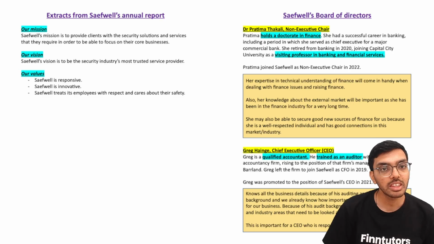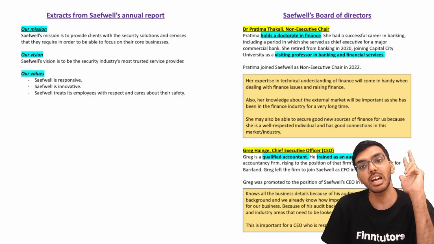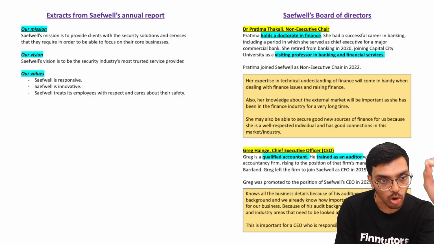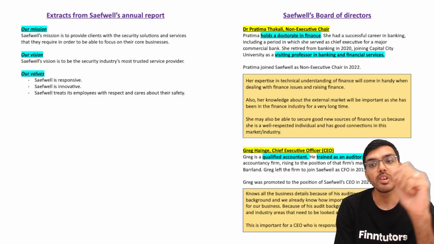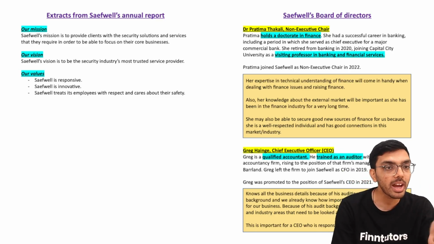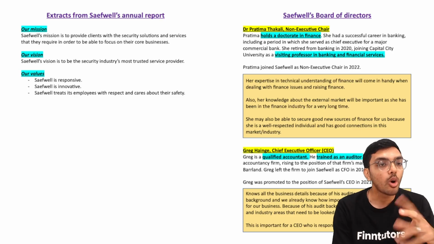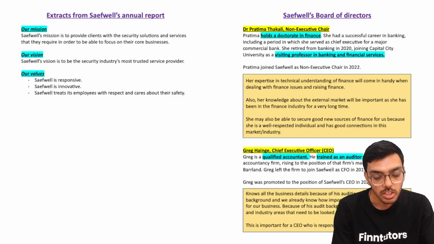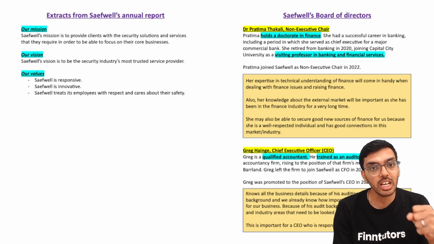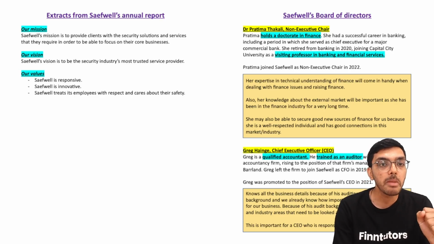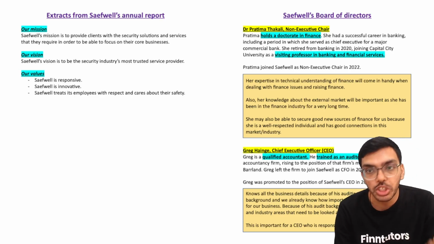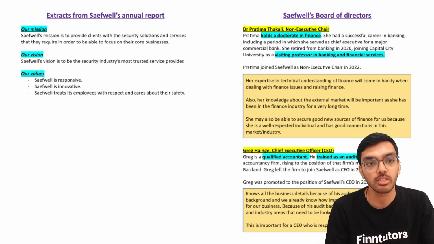So in this report, there are three main things to know: mission, vision, and values. These three are the pillars for any organization. You will have to hammer it into your mind that no organization can be greatly successful if it doesn't follow its mission, follow its vision, or follow its values. So whenever in the strategic case study exam, please remember to use mission, vision, values in your answers.